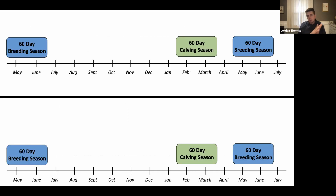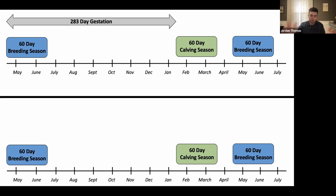So I'm going to show a couple illustrations of this to just try to make my point before we get into the nuts and bolts. So if you think about what I would call a fairly well-managed breeding season, 60-day breeding season. Most of us would consider that to be fairly short, certainly compared to maybe what some of our neighbors do, right? So a cow that conceives on the first day of the breeding season, calves on around the first day